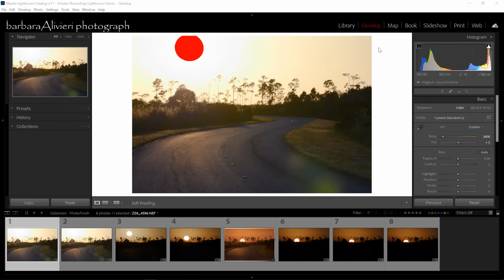Any questions about why you would want to focus stack? No? Okay, good. Basically, to get things that are near and far in focus. Or if you're doing macro photography like a flower and you want the whole thing in focus, you're gonna have to focus stack.